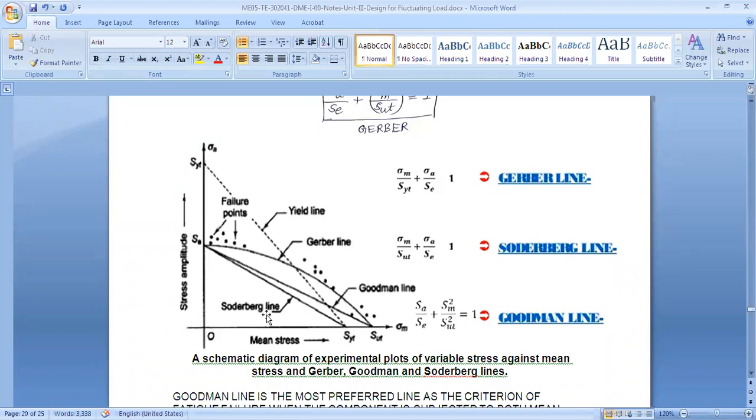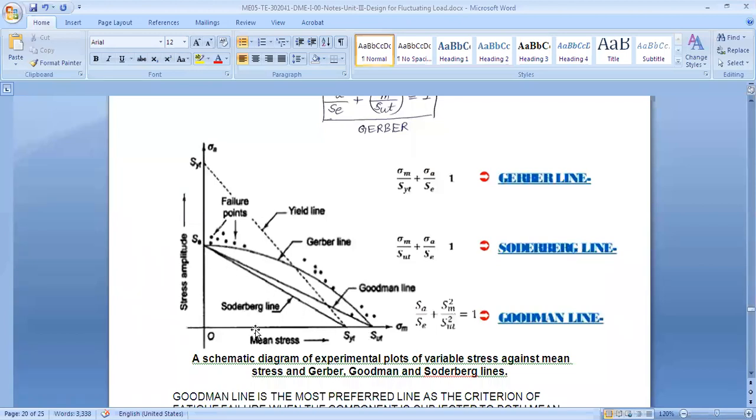So what we did, again we plotted on this. SYT is what? Static limit, right? Because we used a limit of SUT, instead of that we use a limit of SYT. Means instead of using the limit of ultimate stress, let's use the limit of yield stress. So if we plot that on the x-axis, and on the y-axis still the same endurance limit, and draw a line, this is the safest line, called the Soderberg line.